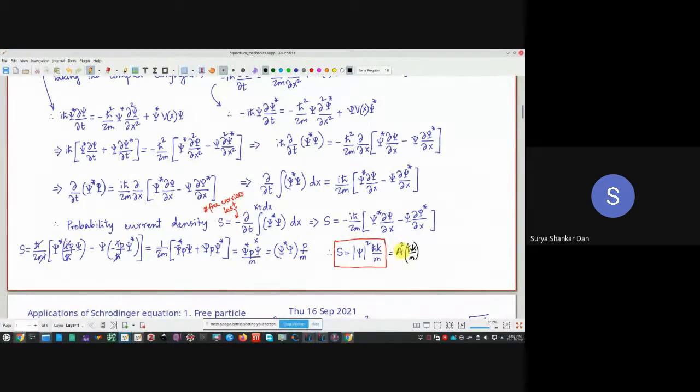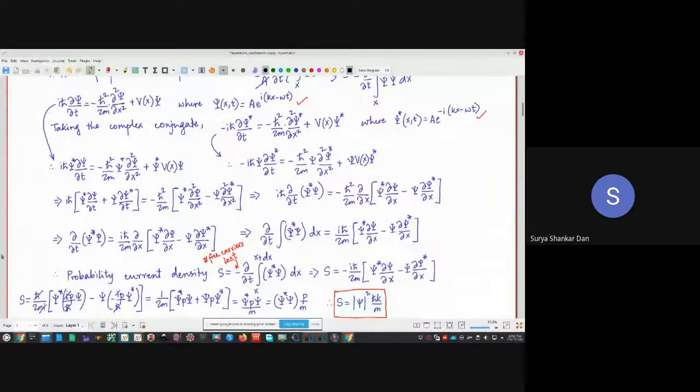Note, available. But that doesn't mean that available carriers will give you a current. Let us take the example of a capacitor. Okay? So a capacitor is like this. A lot of carriers are here, but they are not available for movement. They are not giving you any current, right? Similarly, being sure that there are carriers available doesn't mean that they will be free to move and give you current. So what fraction of this A square will be able to give you the current is the factor h cross k by m. So that is the whole point of the probability current density.